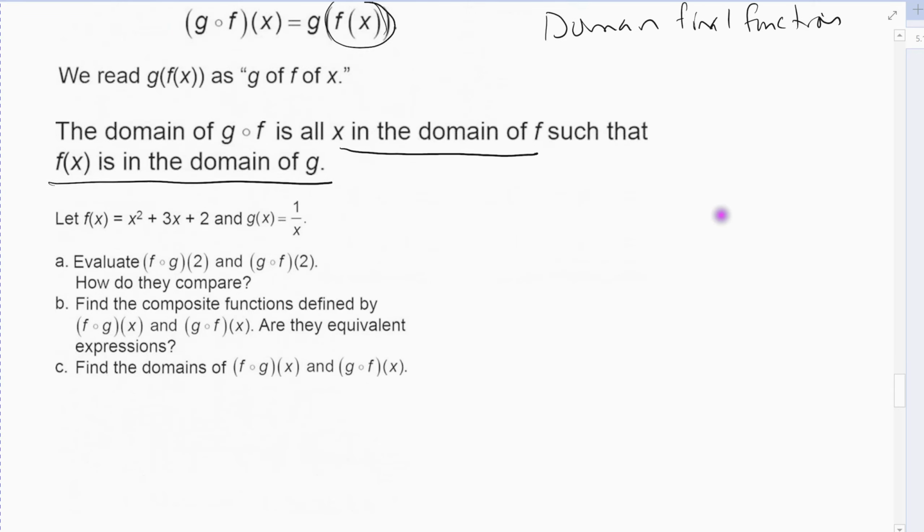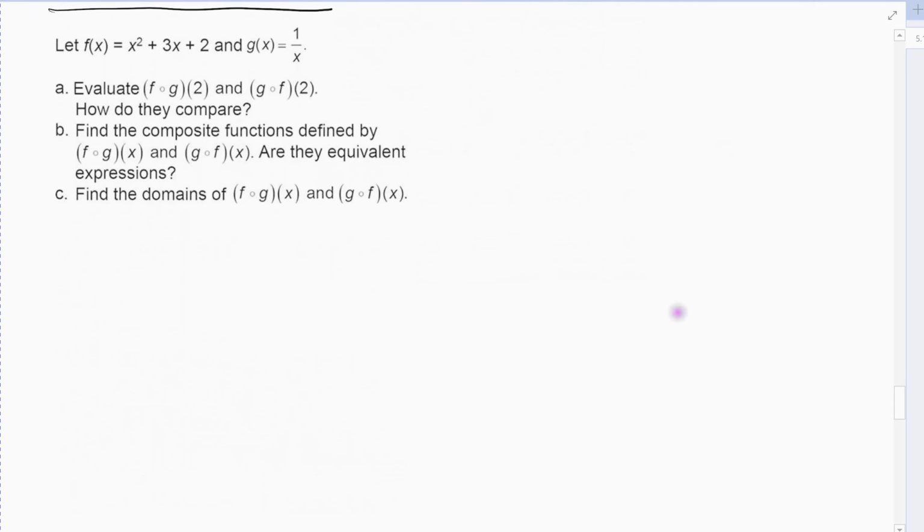Right, so we're going to do an example. Here we've got f is a quadratic, x squared plus 3x plus 2. g is the rational function, 1 divided by x. All right, we're going to find f of g of 2 and g of f of 2, and how do they compare? And then we're going to find the two functions. And so the first one, A, we're going to evaluate f of